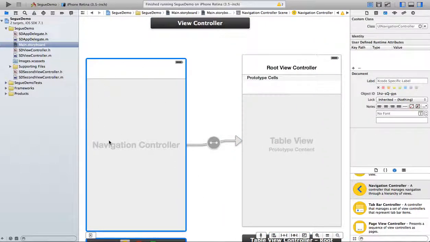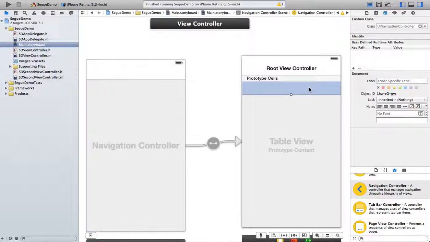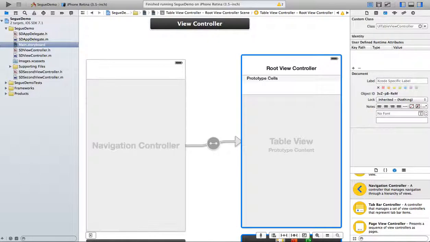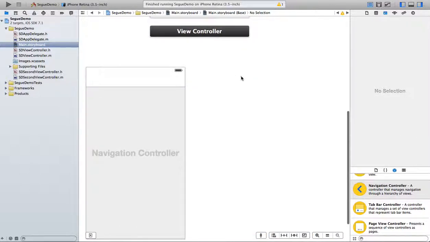Here's the navigation controller. This one will create the stack and the buttons that say back and forward and will allow me to navigate through segues. This is just an example of one view that could use that. So in all rigor, I really don't need this view, so I can just hit delete and it's gone. What I do need though